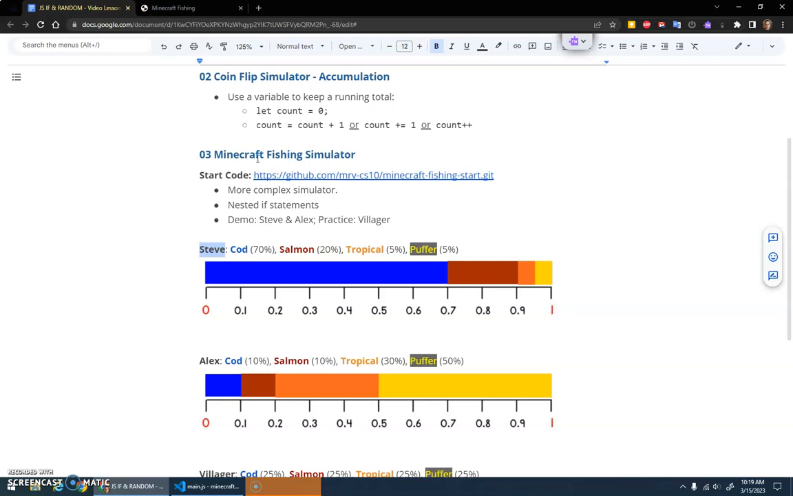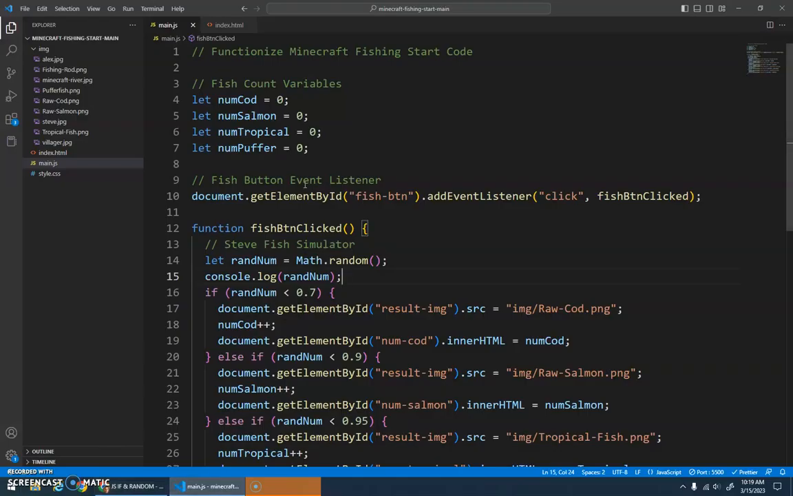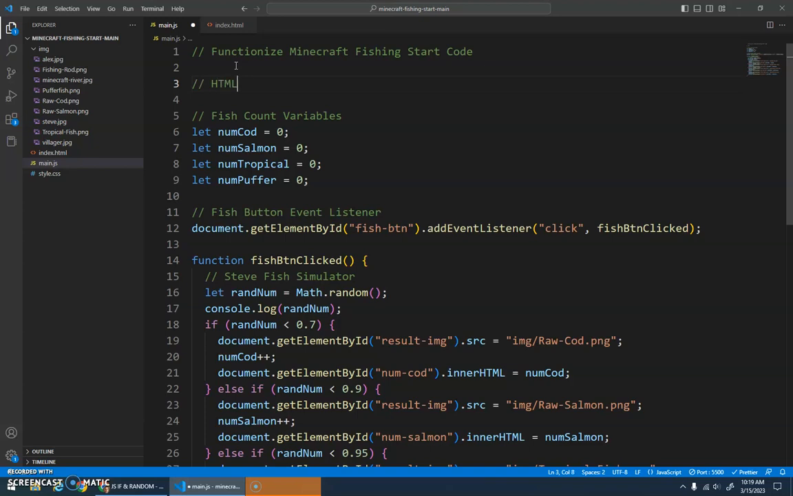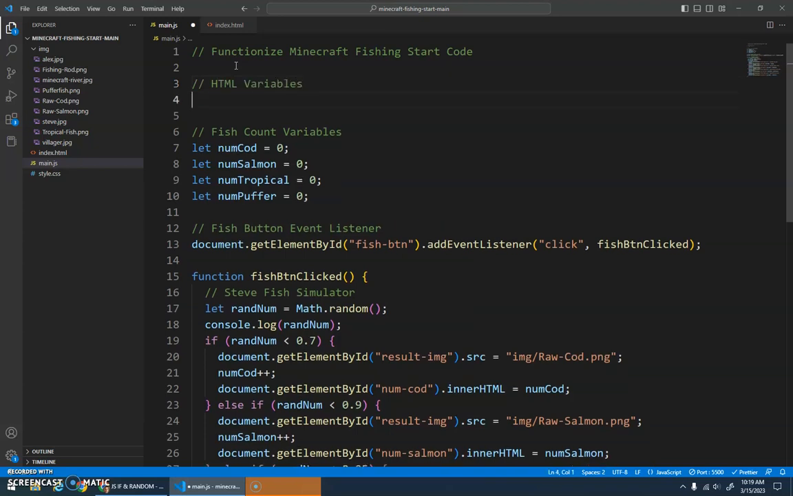Okay, we're going to continue the Minecraft fishing simulator, and this time let's get Alex working. Now, at the end of the last one, I mentioned making some HTML variables. I think we should do this just to clean up our code a little bit. Let's create a variable called result image,